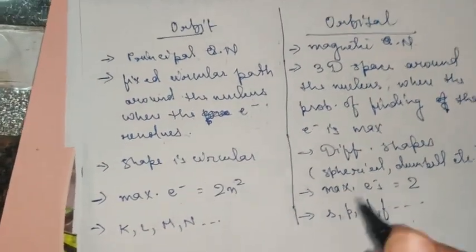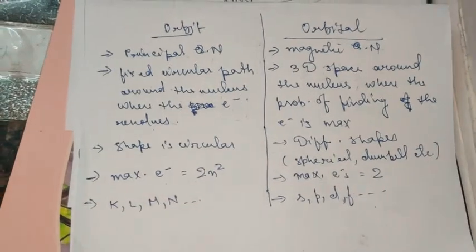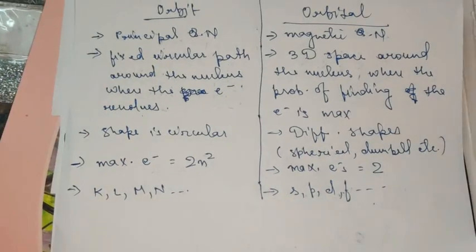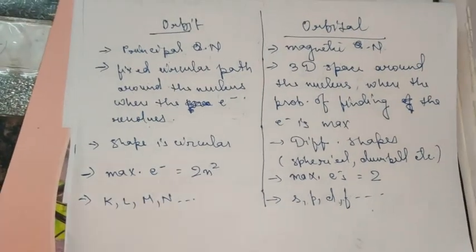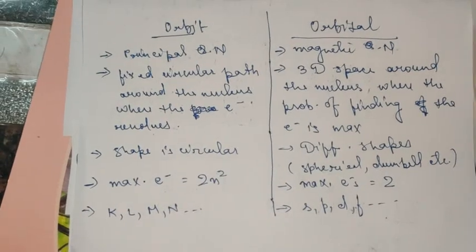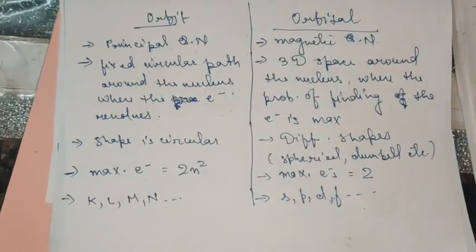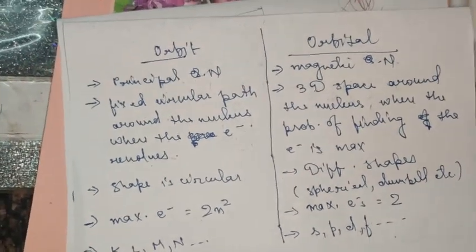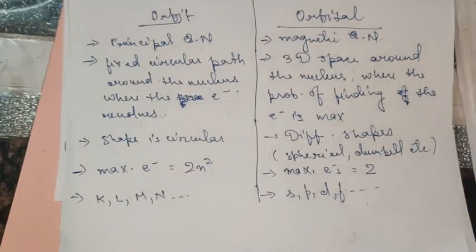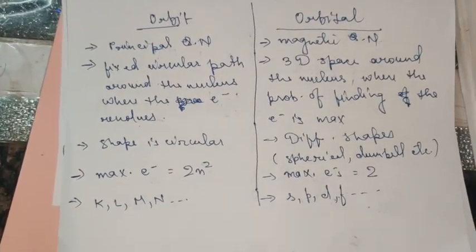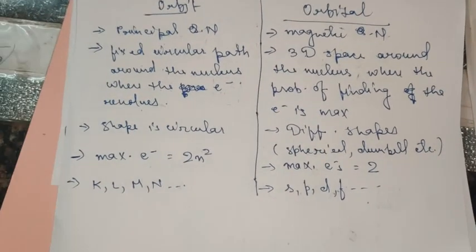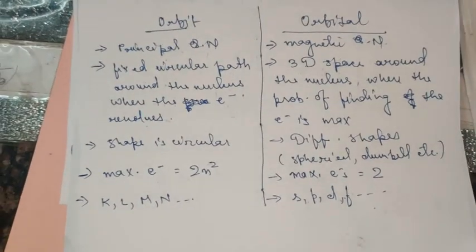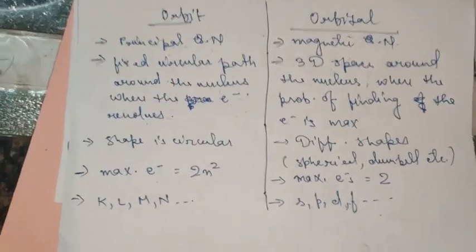So children, I hope the differences are clear. If you can think of any more difference, you can share it with me. I'll tell you whether it is right or not. Otherwise, this much is enough. Okay. So I hope children, today's lecture is clear. We have covered maximum portion. Now I'll be telling you about a few important principles and rules that we will be applying, which will help us to know about the filling of electrons. And then the most important thing is the writing of electronic configuration. Okay, that I'll be taking up in my later lectures.